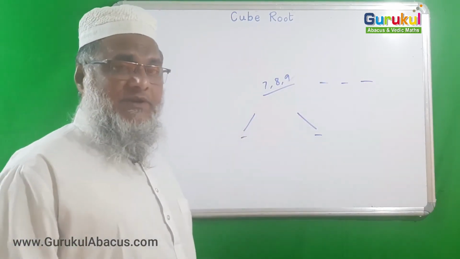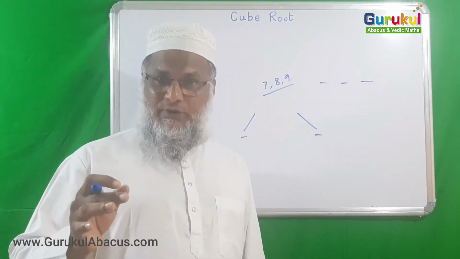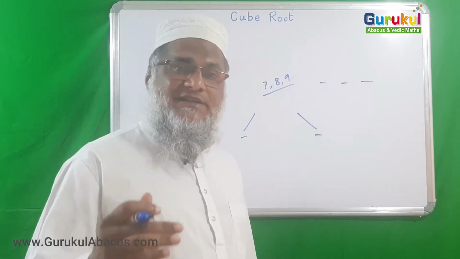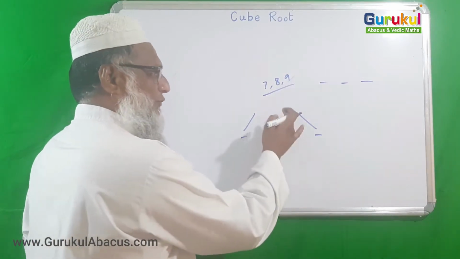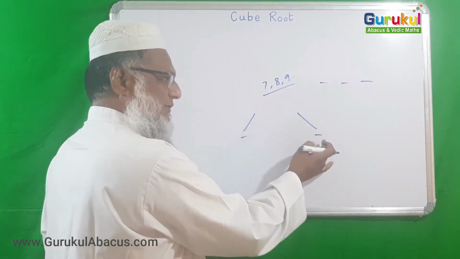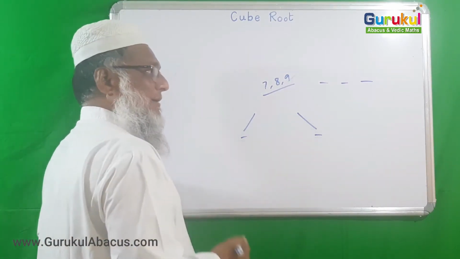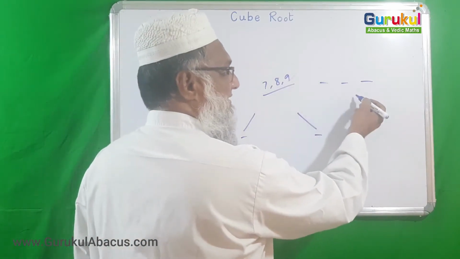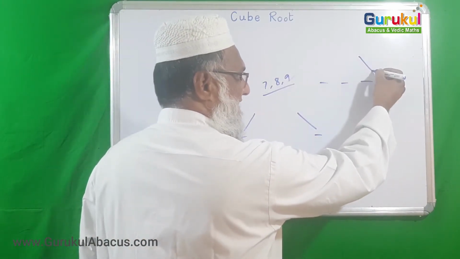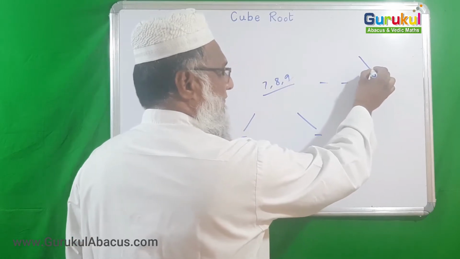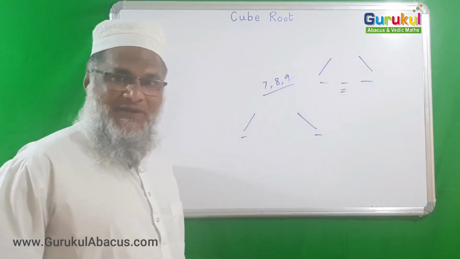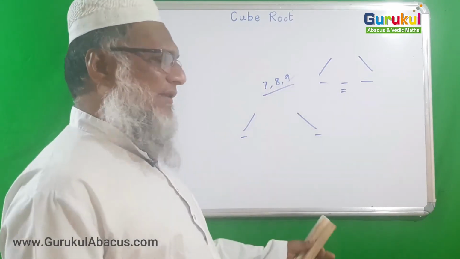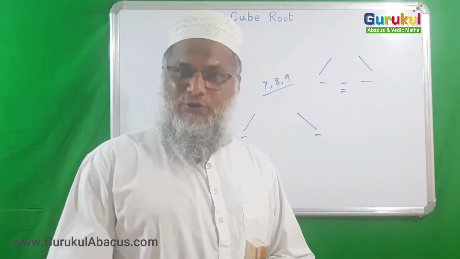Up till now we were solving examples whose answer was only 2 digits, so we had the option to choose the last and first digit just by observation. But if the answer is 3 digits, then easily we can choose the last digit by observation, and the first one by observation. But what about the middle one? There is a little trick for finding the middle one, and that we are going to learn.